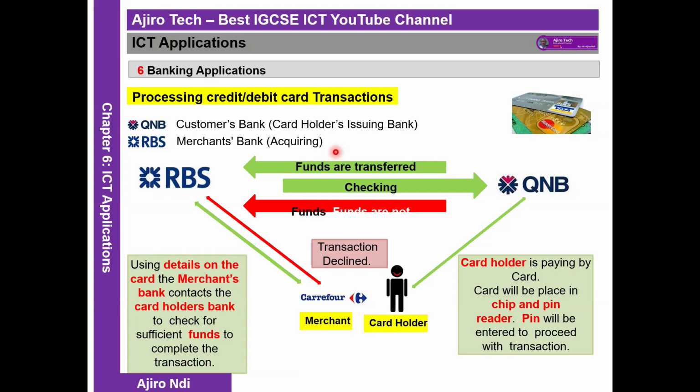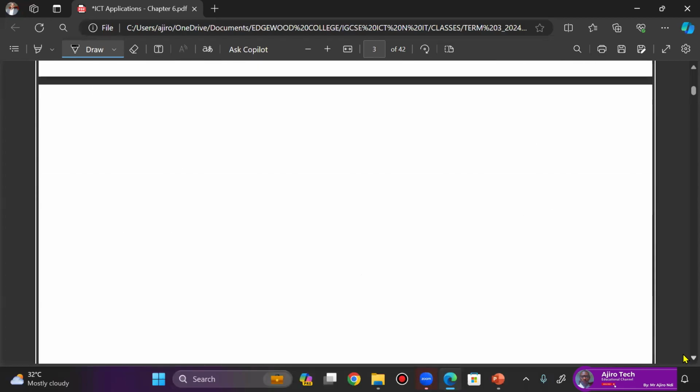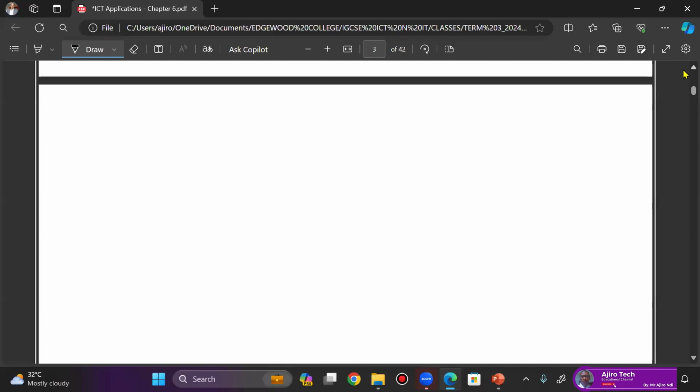So this is very, very important. That's why it's important for us to ensure that when we are talking about credit, let's talk about the difference between a credit card and a debit card. Let's talk about both of them, because most of the time this can be a little bit